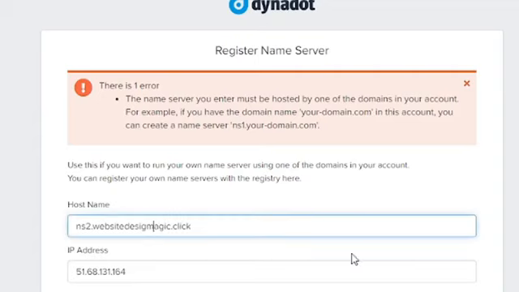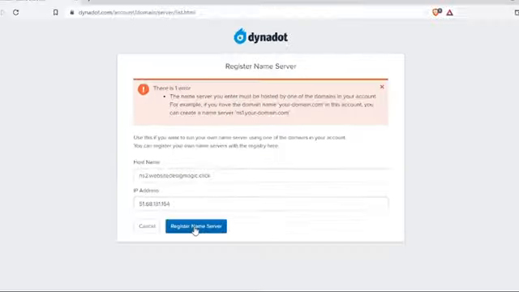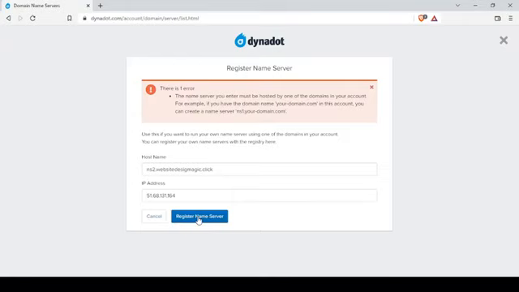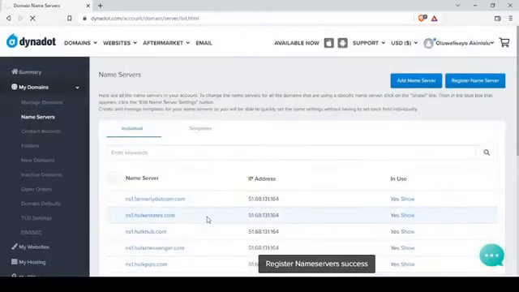So if the domain is not registered on Dynadot, you cannot create a name server on Dynadot. You have to have that at the back of your mind. I'm just going to try that again, and if everything is okay, it should go through. Let me see. Website design. Okay, I still have an error there, and then I register a name server, and you can see the two